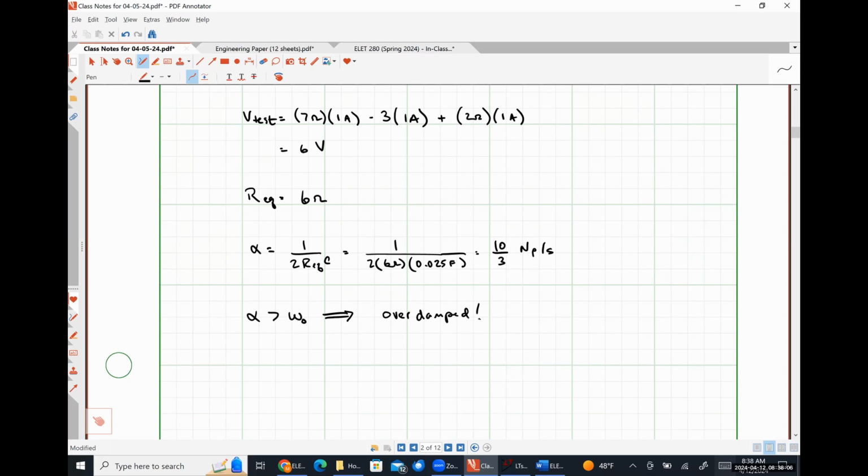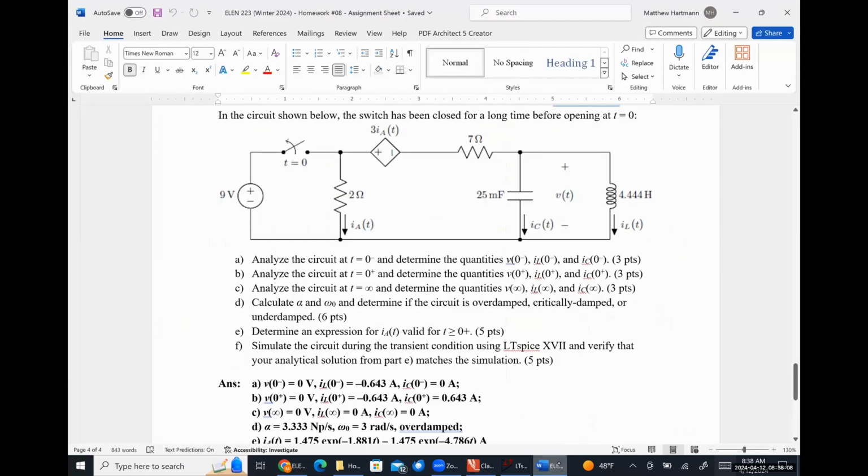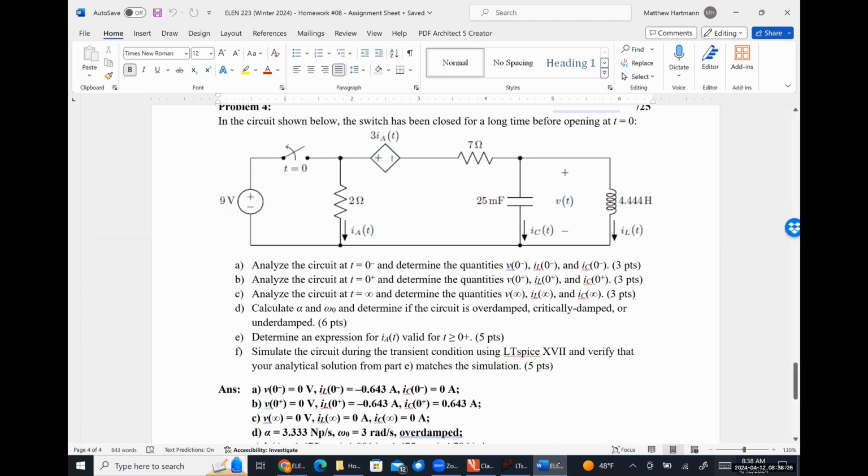We all okay with that assessment? All right. So now let's look at what we're trying to find. We're trying to find an expression for iA of t valid for t greater than or equal to 0 plus. All right, so there are a couple of different ways that we can approach this. I'm just looking at my circuit diagram here. One way that at least seems obvious to me, and it's actually not the method that I would choose, but it is the most glaringly obvious, would be to say that